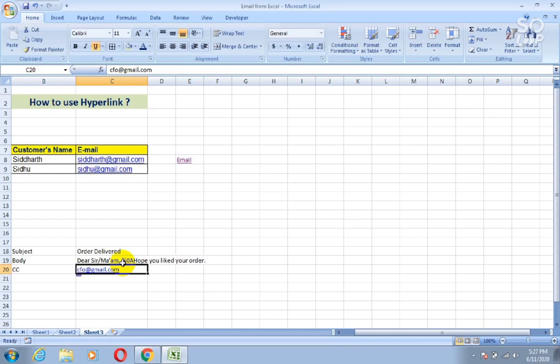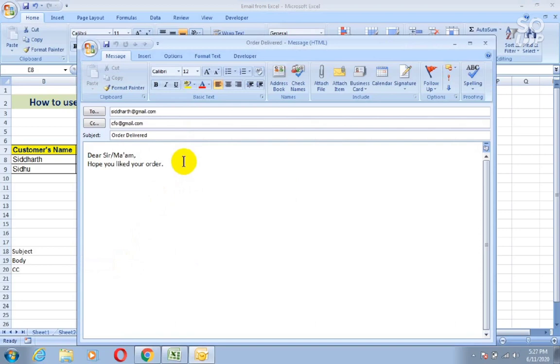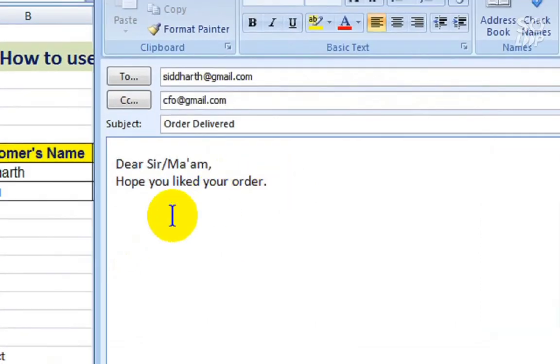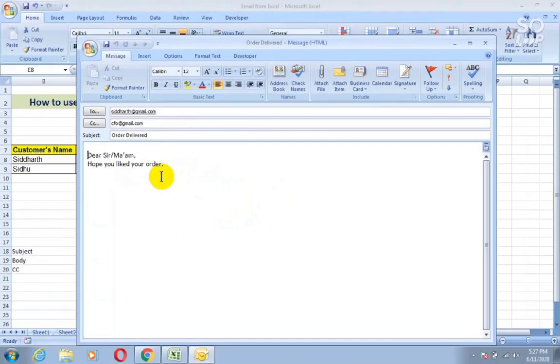Now again go to email and click on it. So here as you can see, hope you liked your order is written in the second line of the body of your email. Now simply close this window.